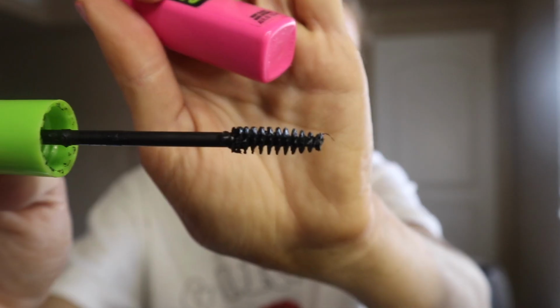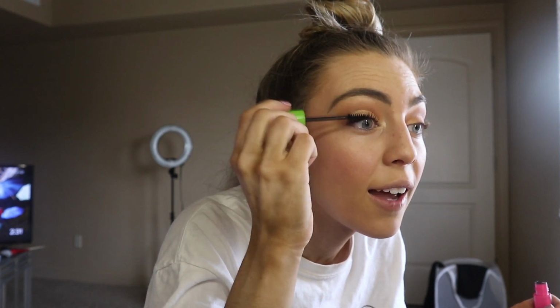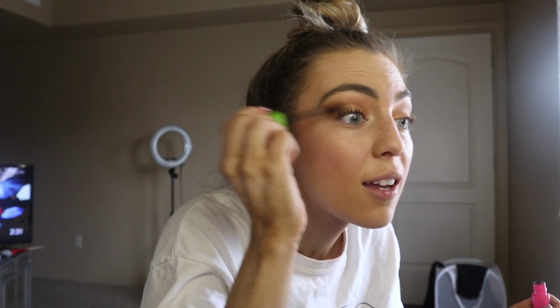The brush is also very fine and little. There we go. It's so small I can just get right at the base of my lashes, which especially with photo shoots I have to have, because otherwise the camera will show everybody that I only mascara half my lashes, you know? So basically my whole tip for